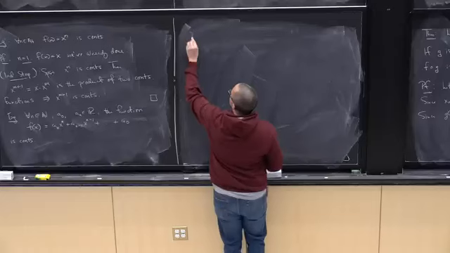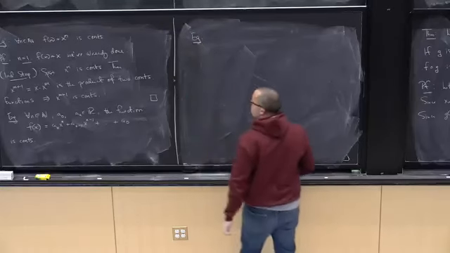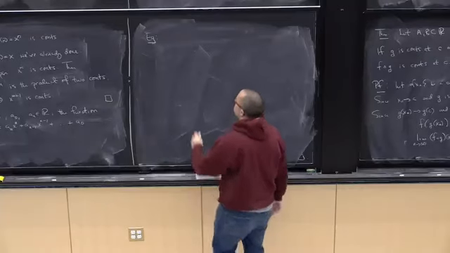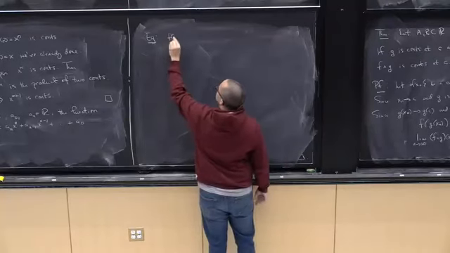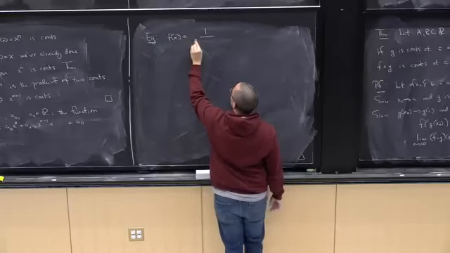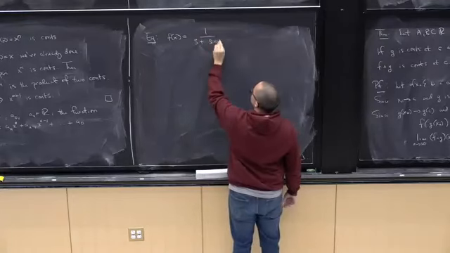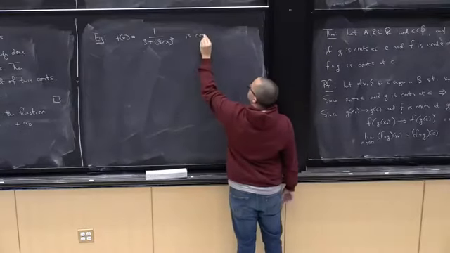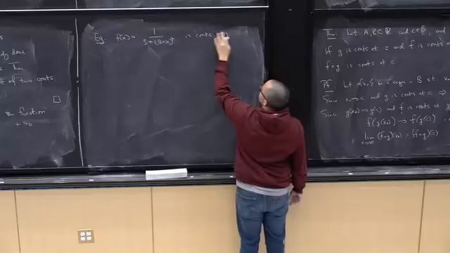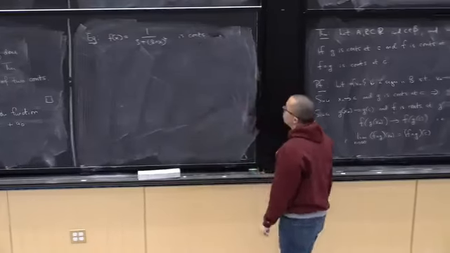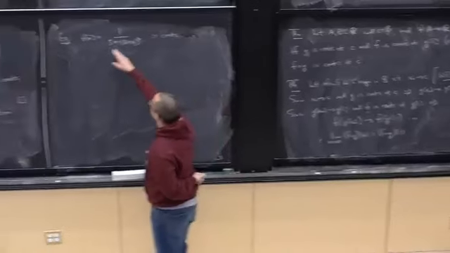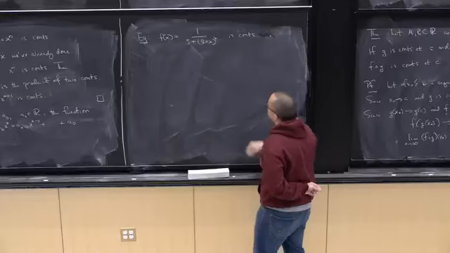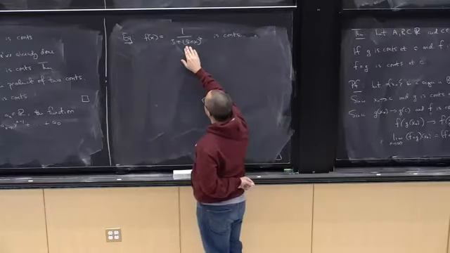But you don't have to just look at polynomials. For example, the function f of x equals 1 over 3 plus sine x to the fourth is also continuous. Why? Because for all x, first off, 3 plus sine x to the 4 is never 0. So this function makes perfectly good sense. The bottom is always non-zero.